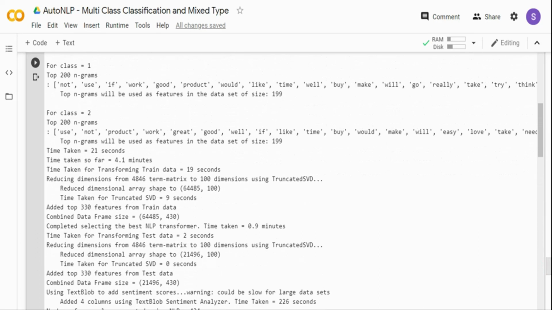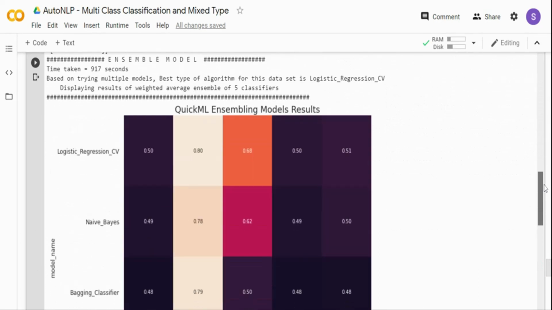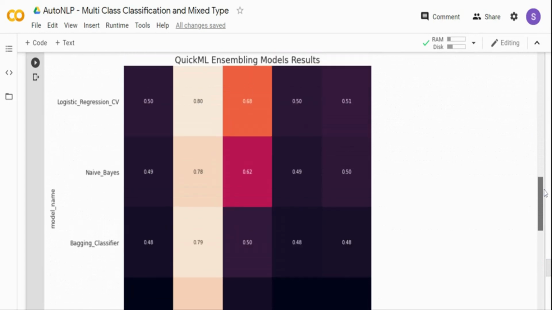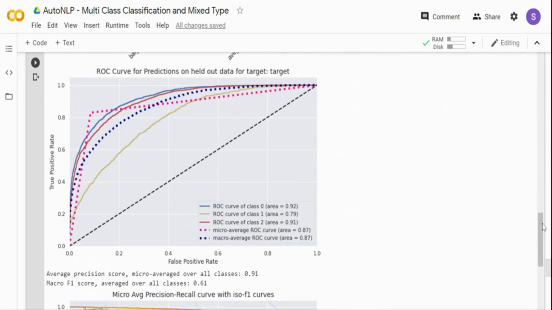And if you scroll further down, you can see nice graphs. What are the different models it tried out: decision tree, bagging classifier, naive Bayes, logistic regression, and the ROC curve for each of the classes. And if you see the ROC curve, for class 0 and class 2, which have decent size data, it performed well, but for class 1, it's only 0.79.